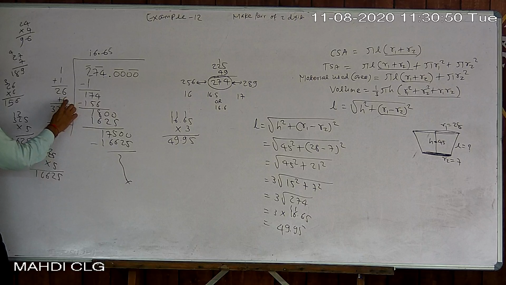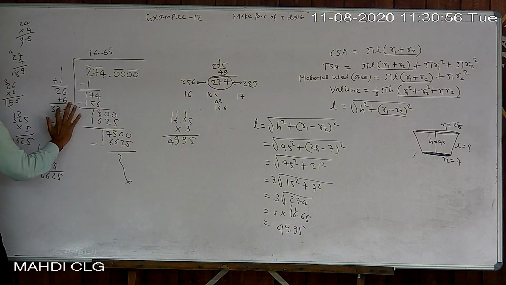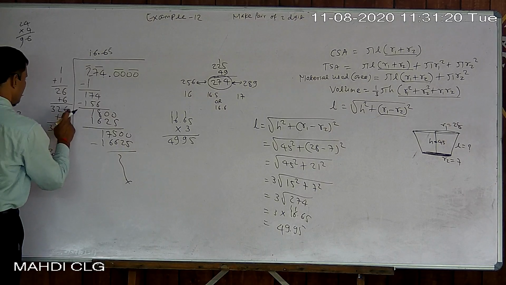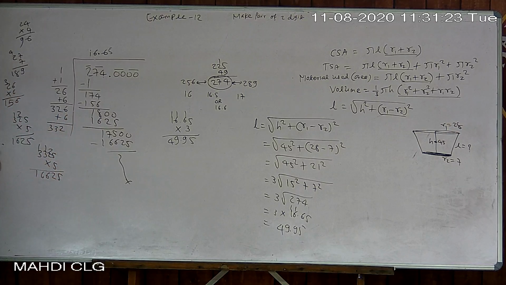Again add a single digit, the unit digit. So 32 we got. After getting 32, look here, either 321 into 1, 322 into 2, 323 into 3. I approximately go to 326 into 6. So it becomes 6 6s are 36, 3 6 2s are 12, 15, 1 6 is 18, 90. Sorry, 326 is too much, so 325 into 5. Okay, that was an increase. So we come here, 35 into 5.